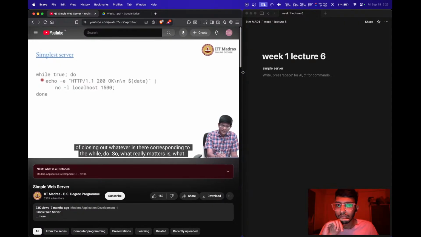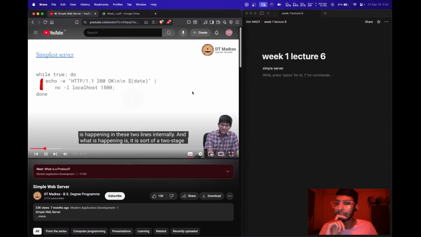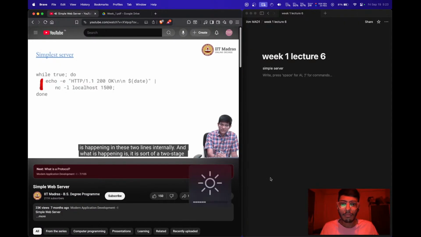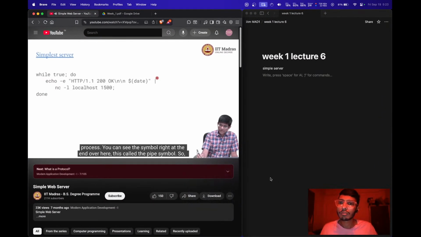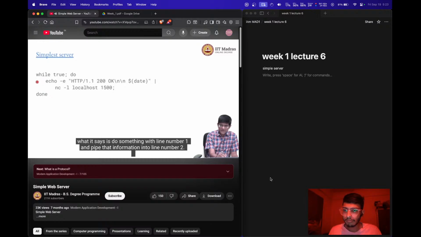So what really matters is what is happening in these two lines internally. And what is happening is a two-stage process. You can see the symbol right at the end over here. This is called the pipe symbol. So what it says is do something with line number 1, and pipe that information into line number 2,